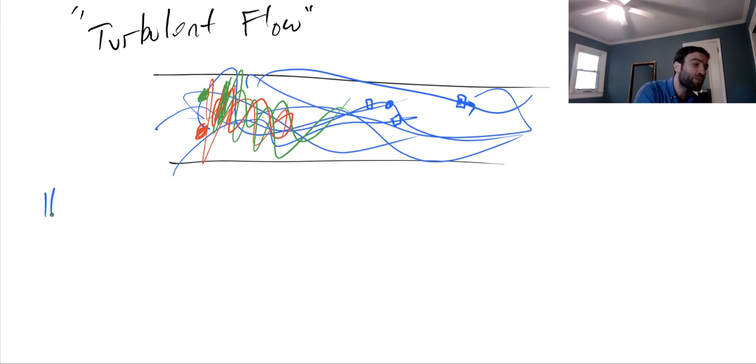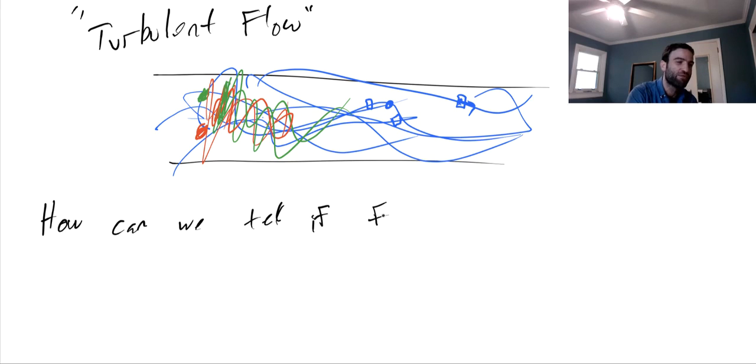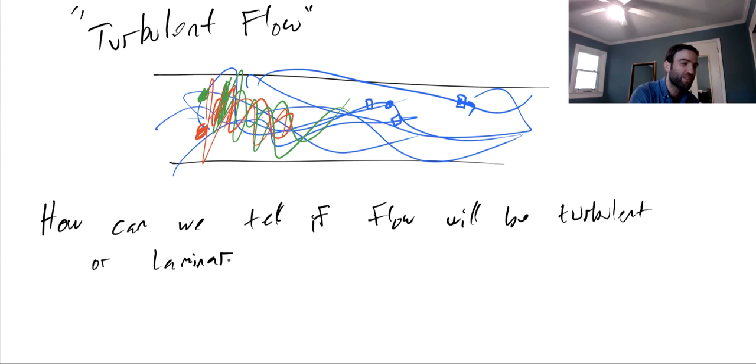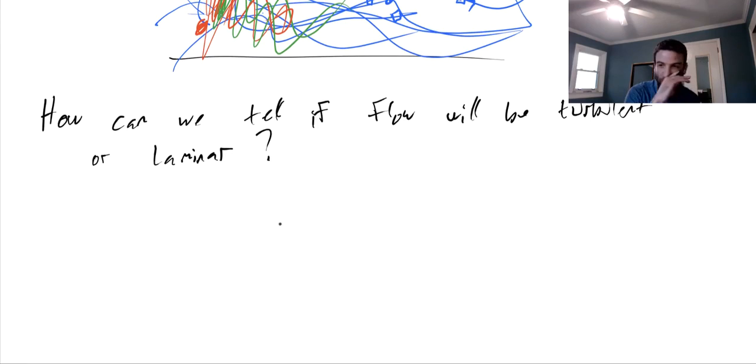So how can we combine all of these different things that this distinction between laminar and turbulent flow depends on into a way of determining whether flow will be turbulent or laminar? Actually, we already found the answer to this question, or we briefly discussed it at the very beginning of this class, back in chapter 1, when we introduced the idea of the Reynolds number. Right? So the answer is this Reynolds number,